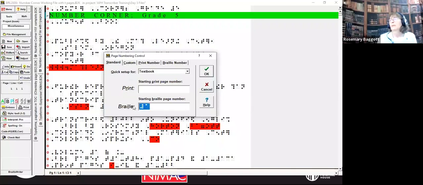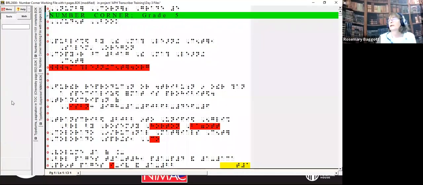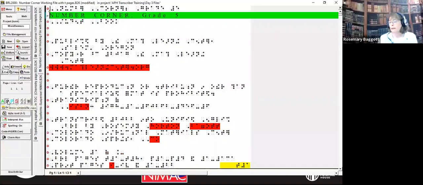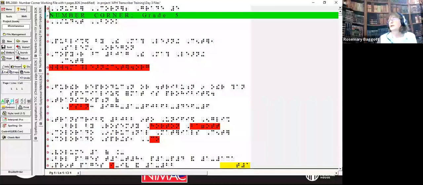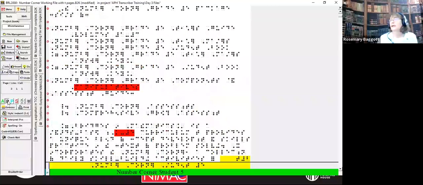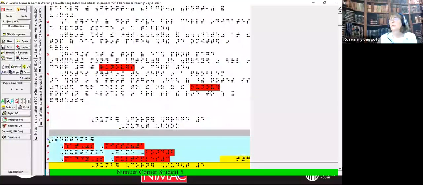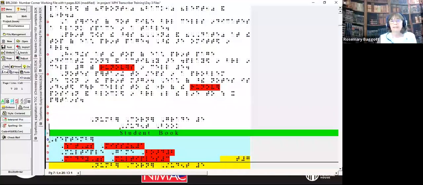We know on the preliminary pages, the transcriber generated pages at the beginning of the volume all have the prefix, the letter T in front. So I've entered T1. I click OK, and that appears in the lower corner of the page. Looking at that in print, see the T1 down there. Now that has basically set the whole file as T1, 2, 3, 4, 5 forever and ever, but we're just going to include those for the transcriber generated pages at the beginning, title pages, special symbols page, transcriber's note page. That's about it for right now.